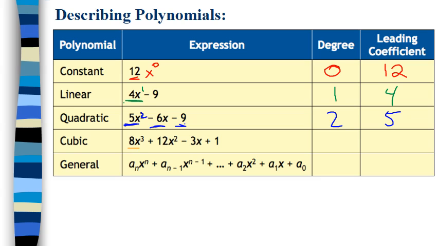In the next example, we have 1, 2, 3, 4 terms, so we call that a 4-term polynomial. It has a degree of 3, so it is a third degree polynomial with a leading coefficient of 8. Probably should have picked a different color there, huh? There we go. All right, so in general, we would say that this would be the leading term. It would have a degree of n, so it would be an nth degree polynomial with a leading coefficient of a sub n. So that is the coefficient on the nth term. Okay,